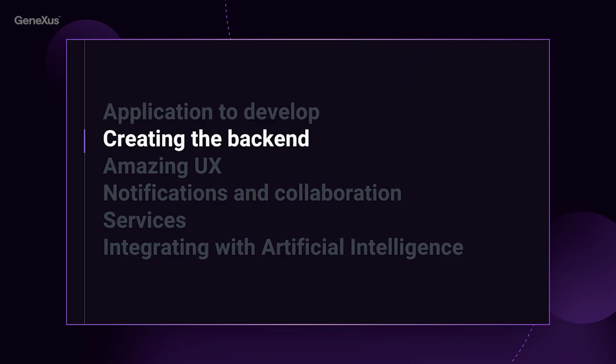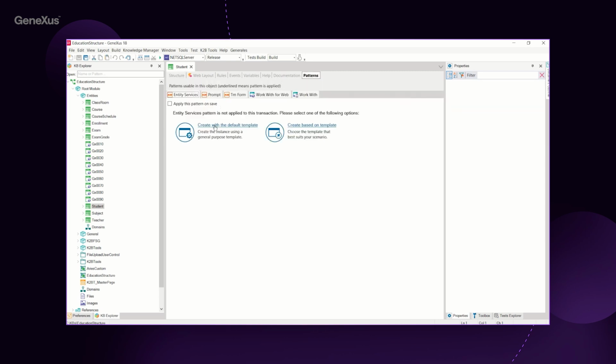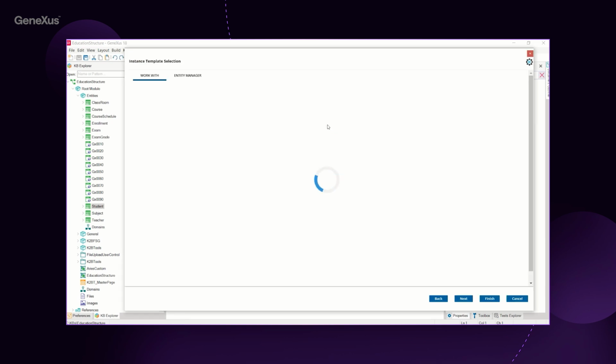For that, we are going to create the backend of our application. So we go to the GeneXus development IDE. We already have the student transaction, and what we are going to do is apply the entity services pattern to the student transaction. To simplify the process, we can create the work with and the entity manager using a template selector, where we are going to select which is the best template that adapts to what we want to